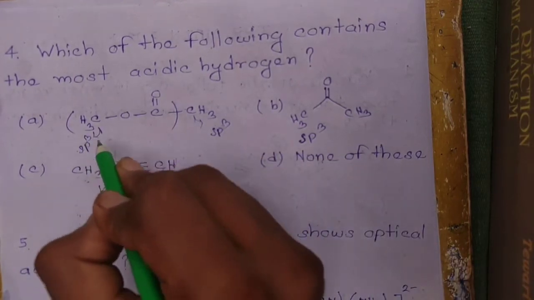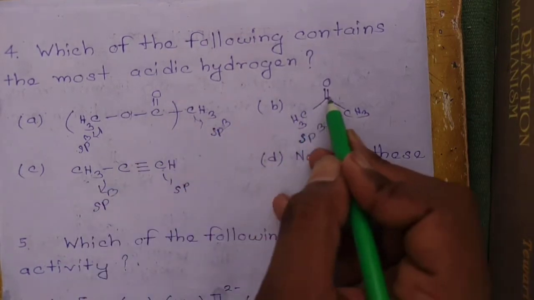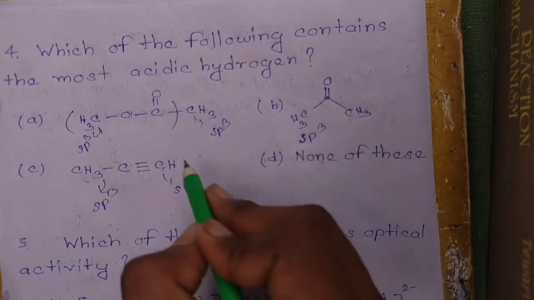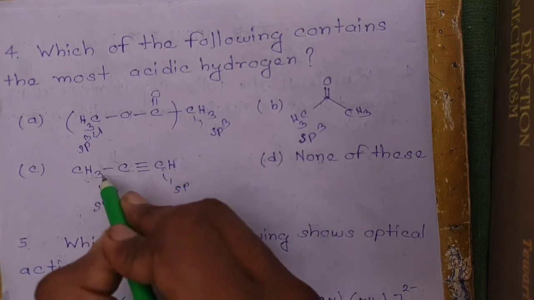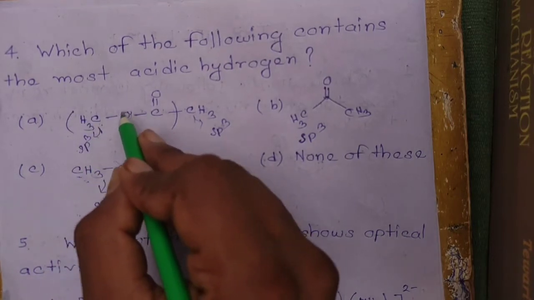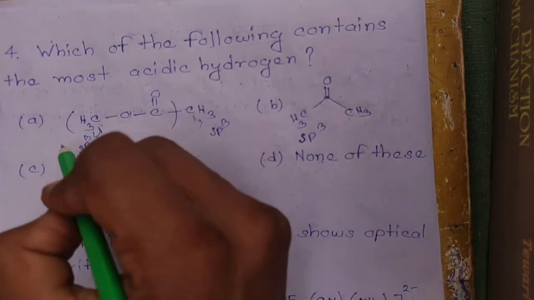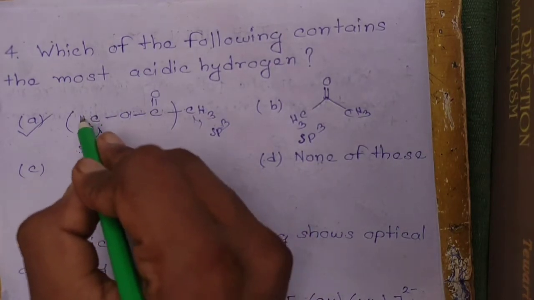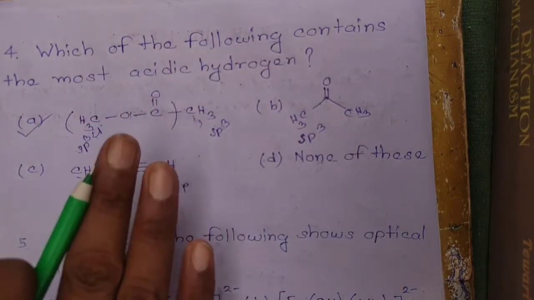But what is more important in this compound, this oxygen is an electronegative element which is absent in these compounds. You can see that this is simply attached with carbon, this is also attached with a carbon, this is attached with carbon, but here the CH3 carbon is attached with an electronegative element, oxygen. It is absent in all the other cases, so it is the most acidic. This methyl group contains the most acidic hydrogens among all of these compounds.